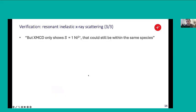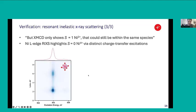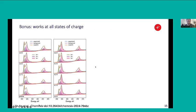We could do similar, but with inelastic scattering for nickel 4+. Our theory makes a prediction for what that spectrum should look like. We take now a 2-dimensional spectrum, and there are in fact blobs in that absorption spectrum that correspond exclusively to a nickel 4+ state. So to summarize intermediate, we have a model that we think works. Let's test it. So this works at all states of charge